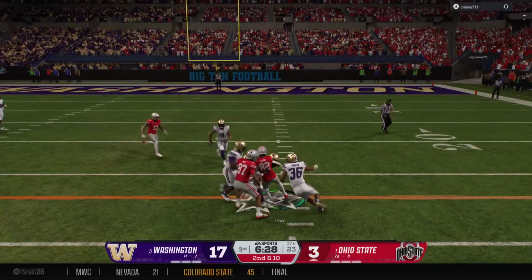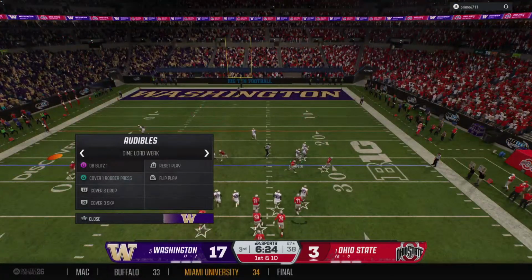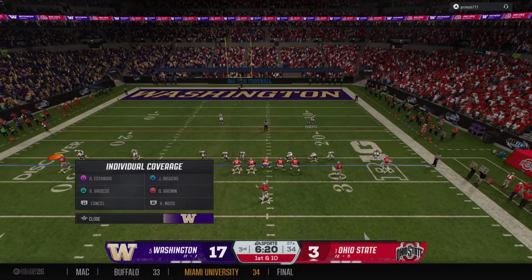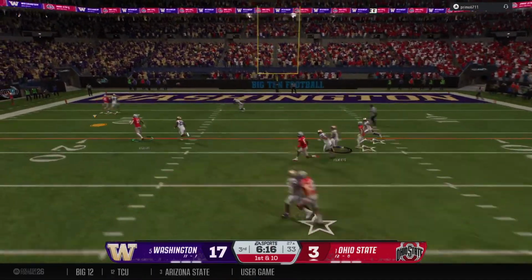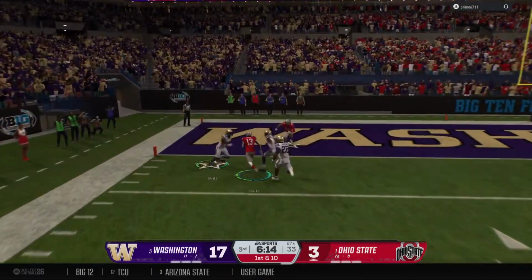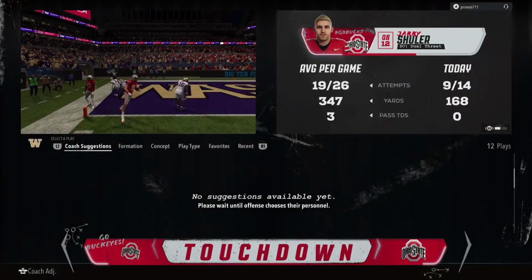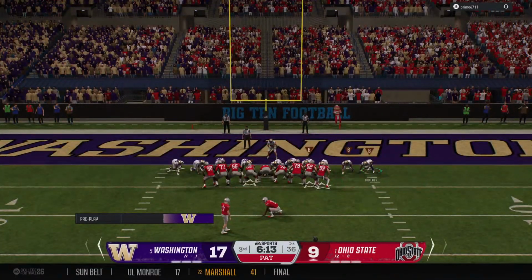With the catch, it's Brown. They finally make the stop, but the offense threatening now. First down at the 27. Still searching for their first touchdown of the game, but on the move now. It's first and 10. Wide open downfield. And he's in for the score. Touchdown, Ohio State.